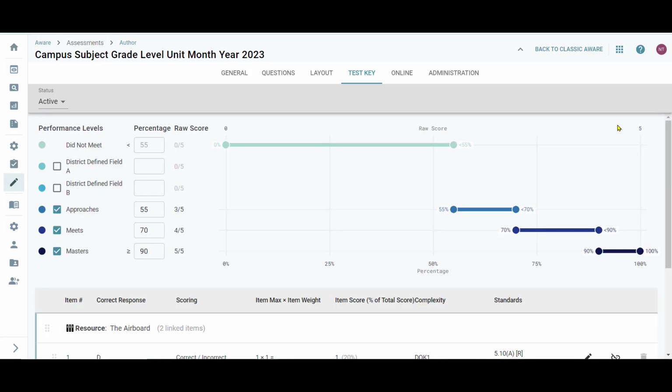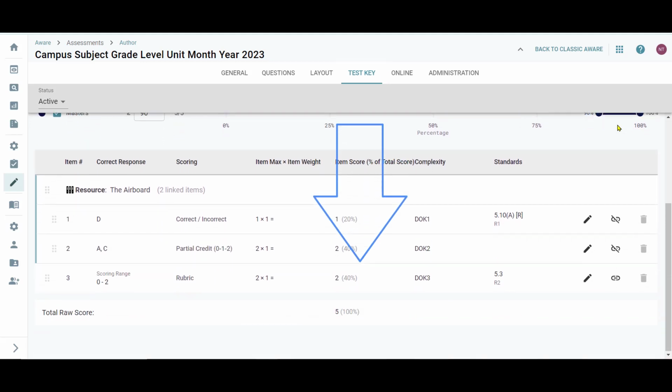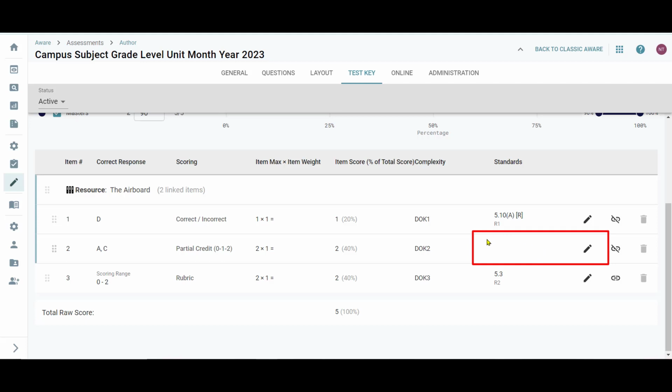To review your standards from the Test Key tab, click Test Key, scroll down to Standards. Standards are your TEKS that you've assigned to each question. You'll want to confirm that each question has a standard attached. If you're missing a standard, click the pencil